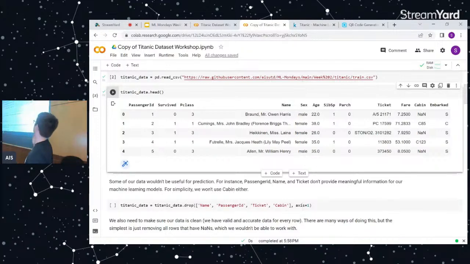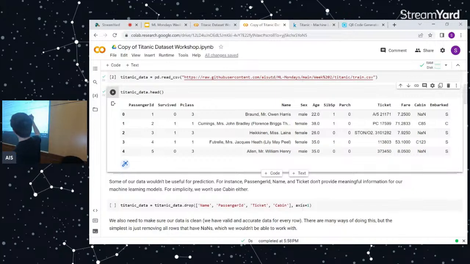In this case, you have to think about where this data is coming from. It's a little arbitrary because as you've implied already, if everyone has a unique ticket number, then you're not really gaining anything out of it. It's the same reason that passenger ID is also worthless. Name could potentially be useful if we were to do a lot more processing to it, but we're going to skip that for now. Because you could go along and say, hey, if it says Mrs. or Lord or something like that, it might affect survival rates in some context. But we're going to skip that now for